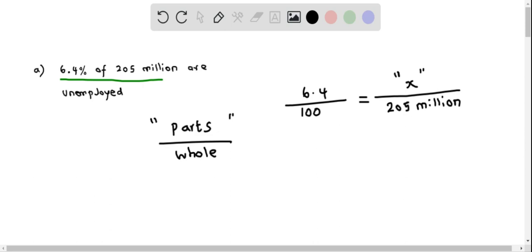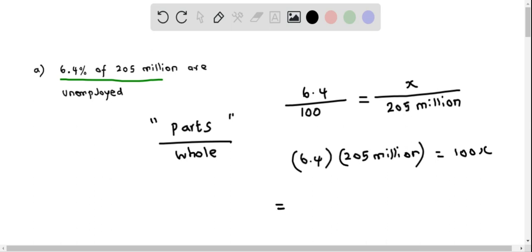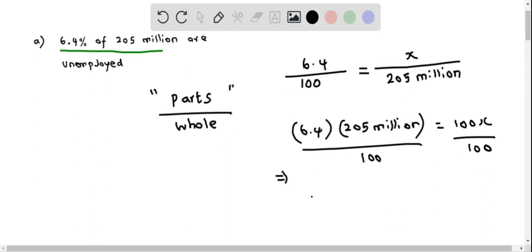Let's say we represent that by quantity X. So we just have to cross multiply to determine the X. When I do that, I get 6.4 times 205 million, and this equals 100 times X, which is 100X. Now we solve for X using this equation by dividing both sides by 100. So therefore we can see that X equals, I just put X on the left side,